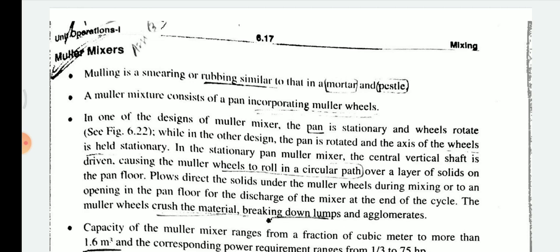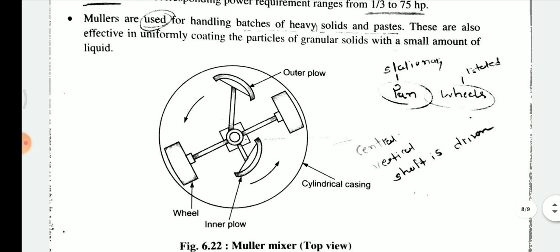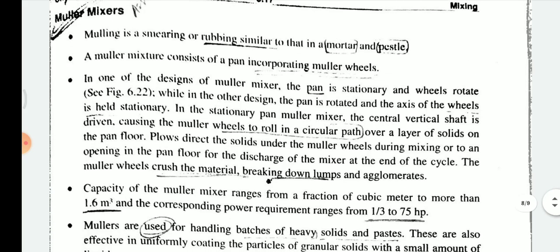In one of the designs of the Muller mixer, the pan is stationary and the wheels rotate, as shown in the figure. The pan is stationary. In this figure, the pan is the type of floor. While in another design, the pan is rotated and the axis of the wheels is held stationary. In the stationary pan Muller mixer, the central vertical shaft is driven, causing the Muller wheels to roll on a